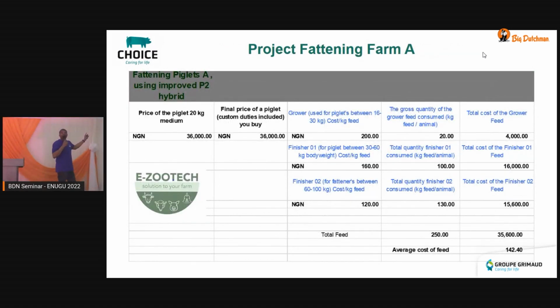Now, this is the fattening part of it. So, that man that had good genetics was selling good genetics to a farm, and he was selling it at 36,000 naira per piglet. All right? This is a fattening model. He was able to get somebody that is buying it at 36,000. So that person bought it at 36,000 naira and is feeding